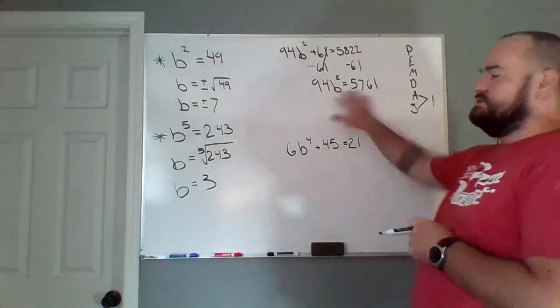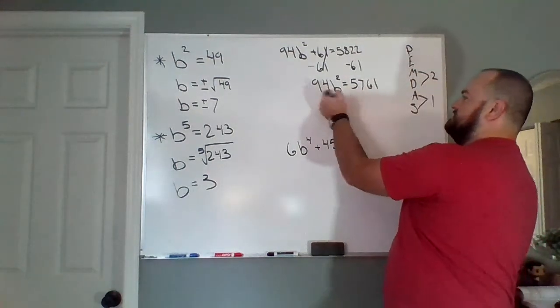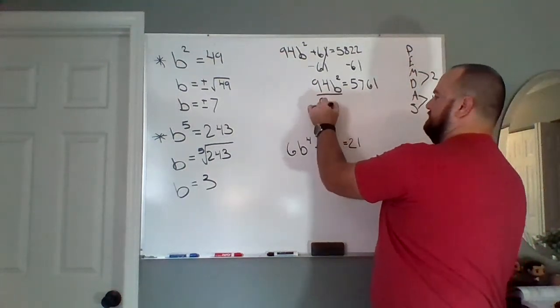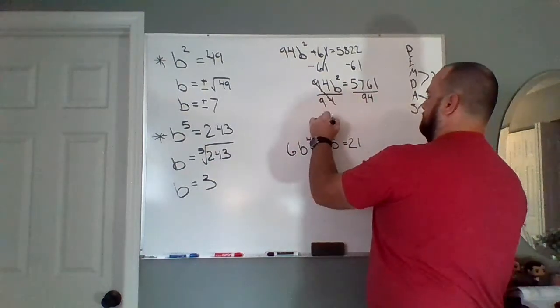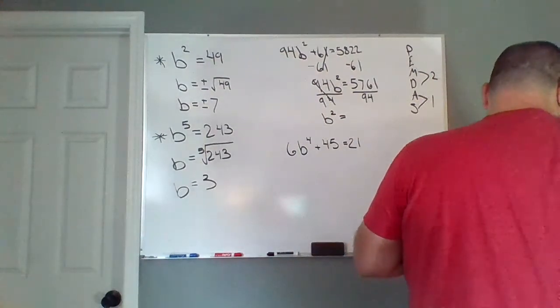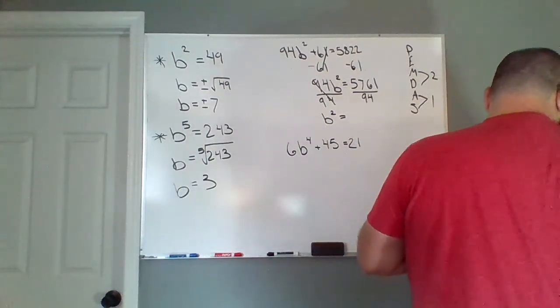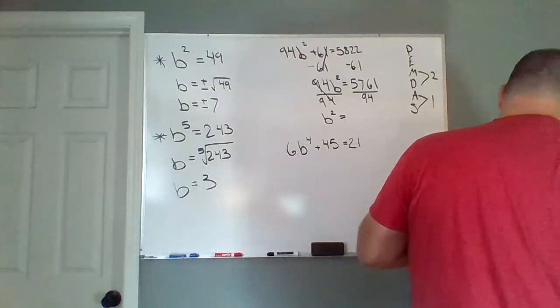Now, there's no more addition or subtraction, so now I move on. I undo any multiplication or division. Since we're multiplying by 94, I simply divide by 94. And we get